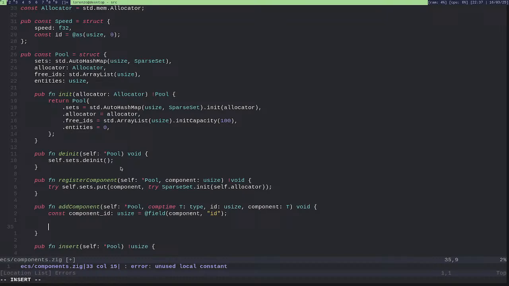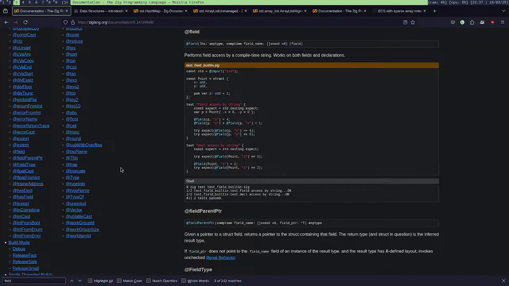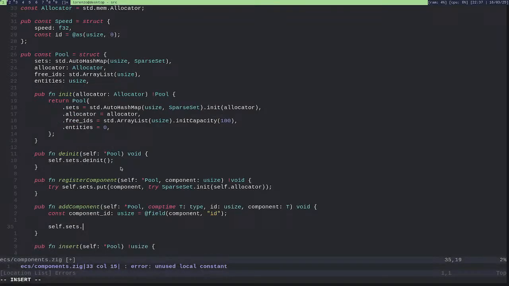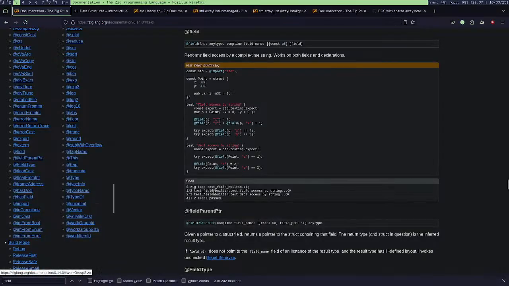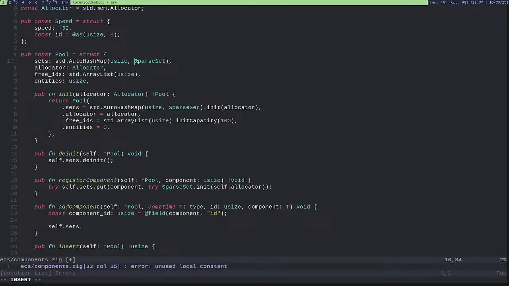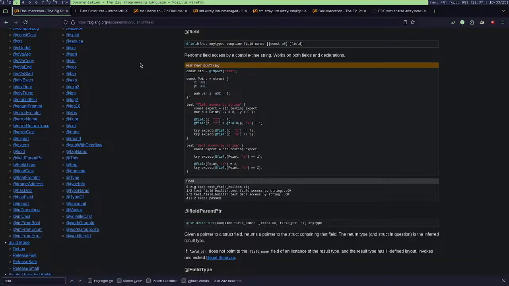Okay, so now I know the ID. I know I have an entity, and I can just go on to self sets. I don't think, no, okay, those are comptime allocated, so it's not possible.